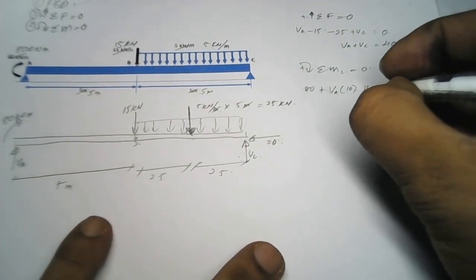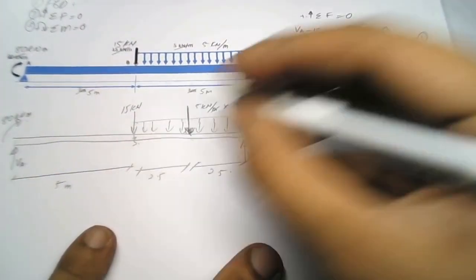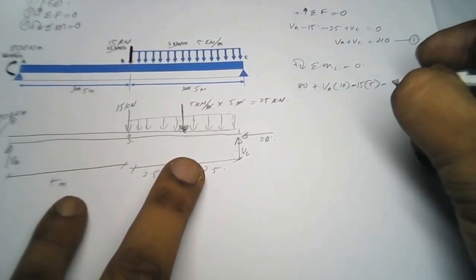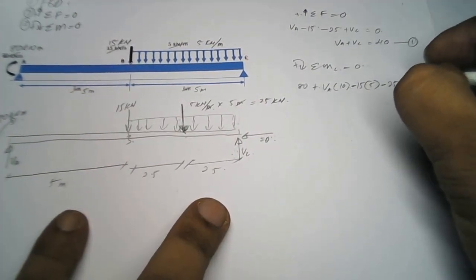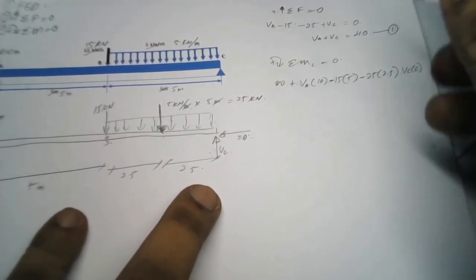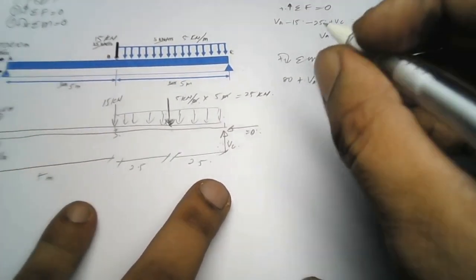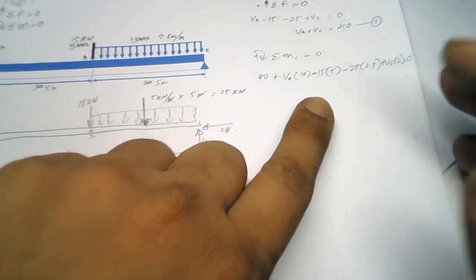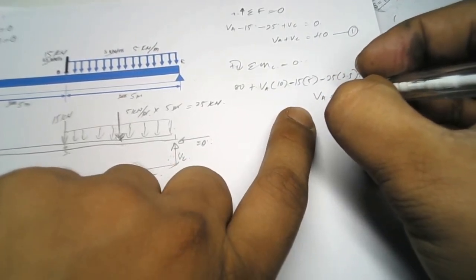15 here multiplied by the distance 5, so it's a negative moment, and this one is the same condition, negative: 25 multiplied by the distance 2.5, and then we have VC multiplied by 0, and equal to 0. 1 2 3 4 5, 1 2 3 4 5. All right, so you have to solve the equation. At the end of the equation you will get VA equal to 5.75